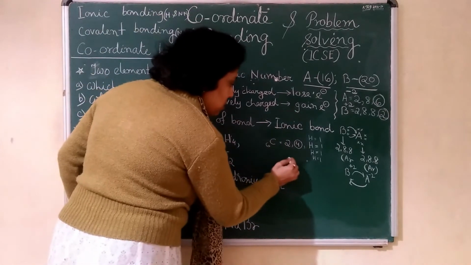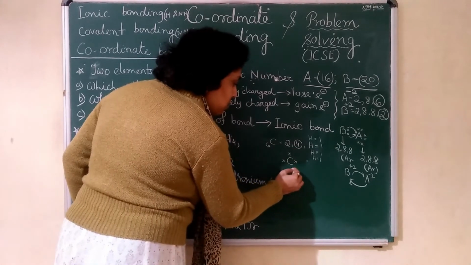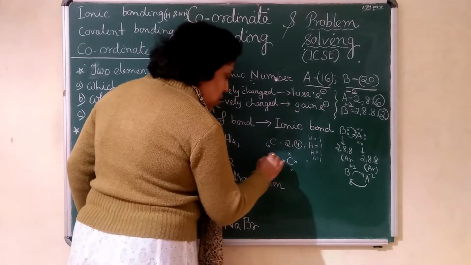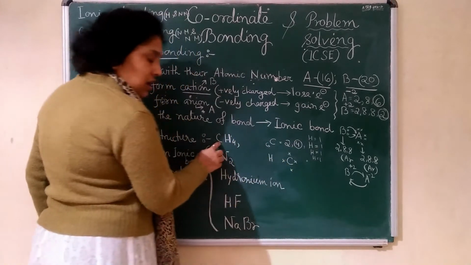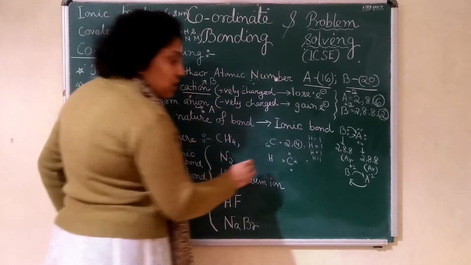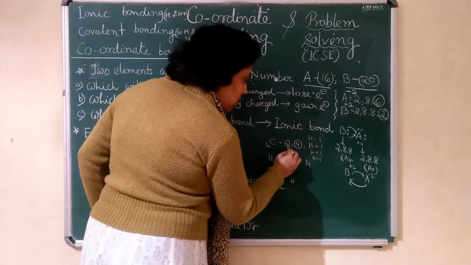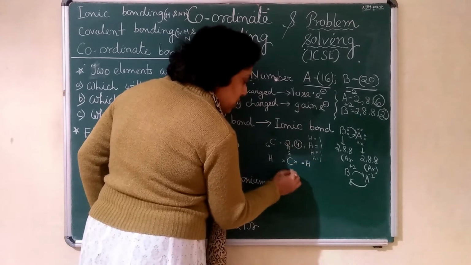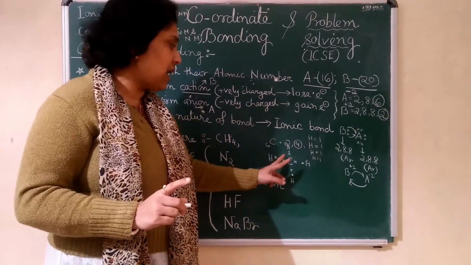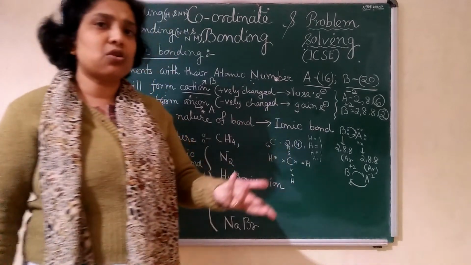So carbon will be at the center. 4, 1, 2, 3, 4, 4 valence electrons, and hydrogen will be surrounding. Carbon is only one atom, so it will be the center. The remaining ones, which are more in number, will be surrounded. So hydrogen, hydrogen, hydrogen, hydrogen. Now 1 electron each. Valence electrons, first you have to check, and those valence electrons you have to show by dots. Here I have taken cross, you can put dot also.